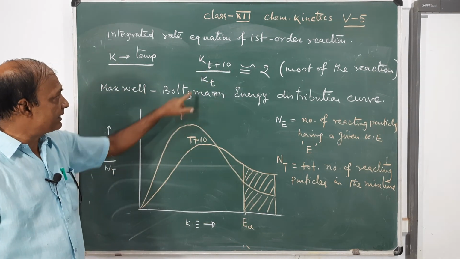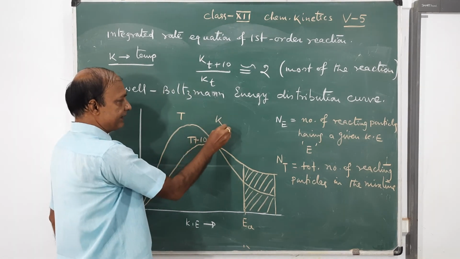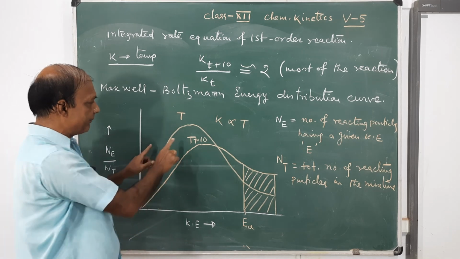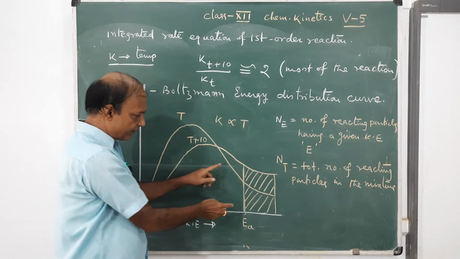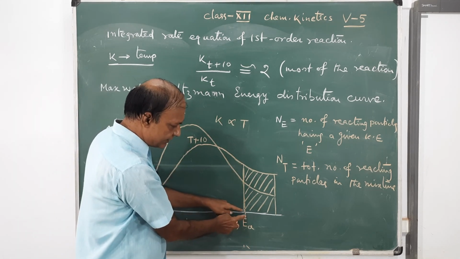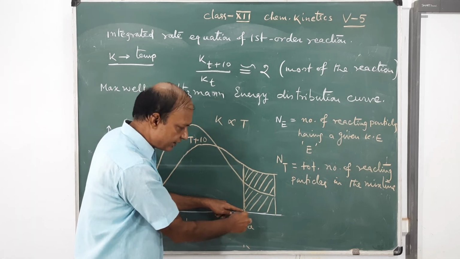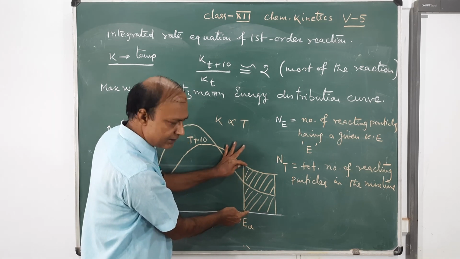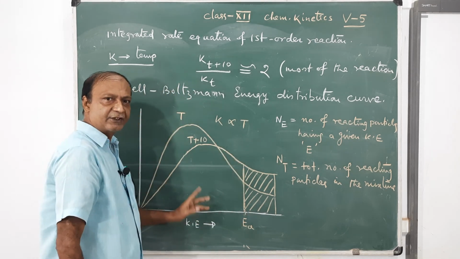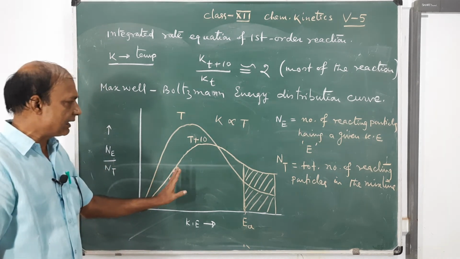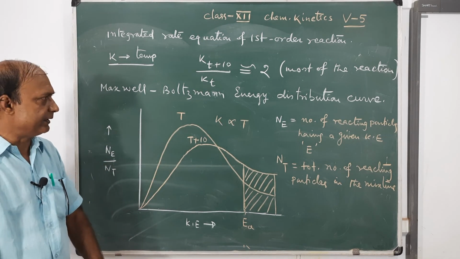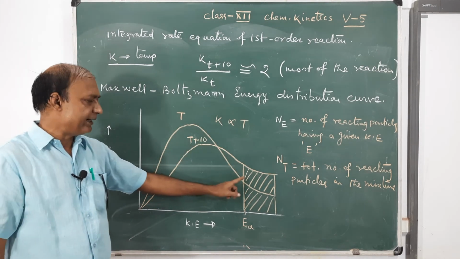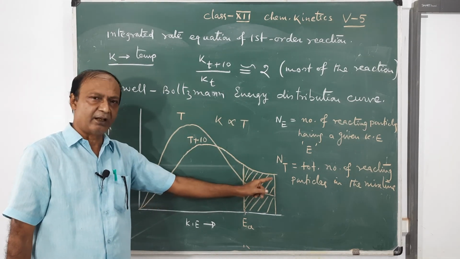Rate constant is directly proportional to the temperature. So when the temperature is increased by 10, the fraction of the molecules having energy equal to or greater than the energy of activation is just doubled. It is this much and now it is this much, and that's why the rate of the reaction is doubled. So this graph helps us understand theoretically why, when we increase the temperature by 10 degrees centigrade, the rate of most reactions is almost doubled.